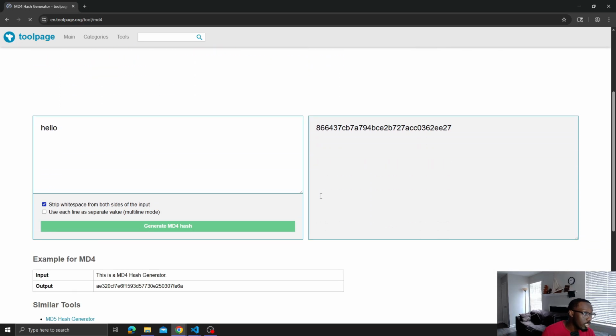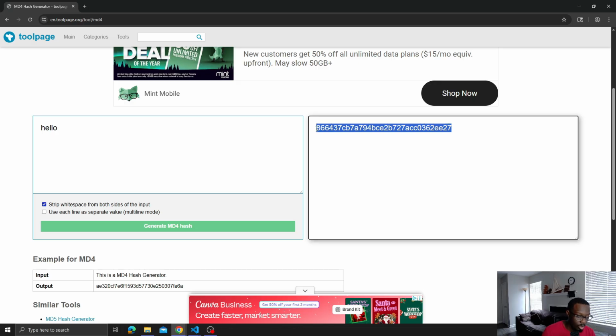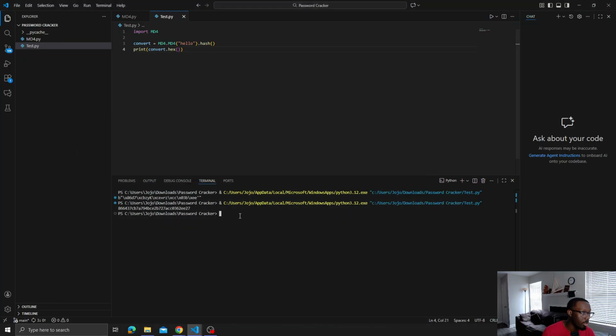And as you can see, we get the exact same thing that we have here. Here we can compare it. 86437, it's the very beginning, the very end, 0362EE27. So the reason that this is important in building a password cracker is because with the password cracker, you're not actually comparing the passwords, because what most databases store is not the password in password format, but the password